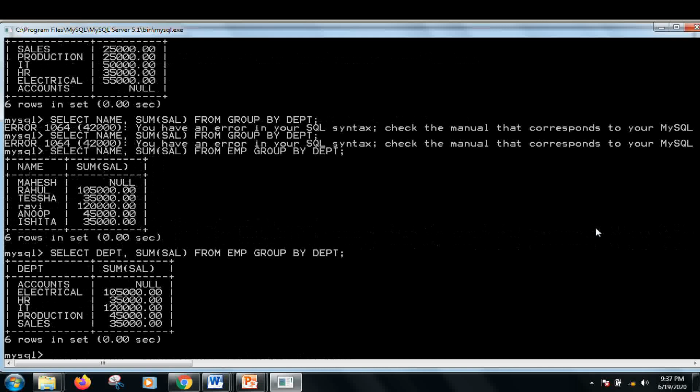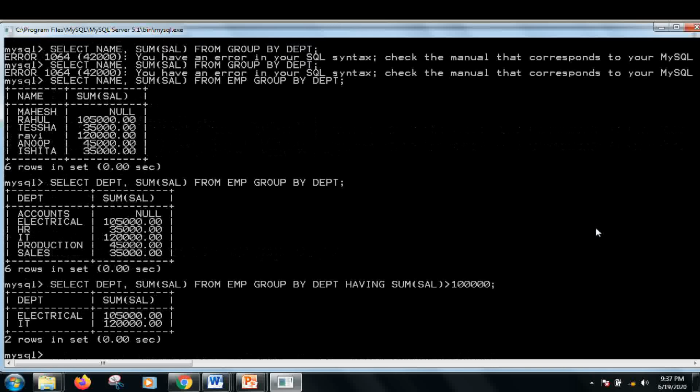But if you want to see only those departments whose sum of salary is more than 1 lakh, you will write having sum of salary greater than 1 lakh. In that case only those departments whose sum of salary is more than 1 lakh will be shown.